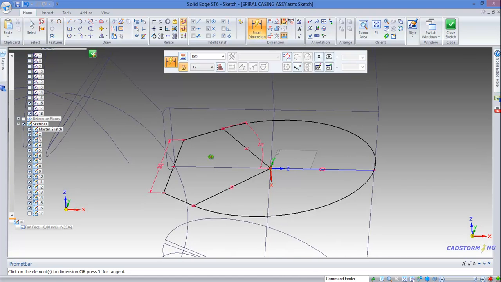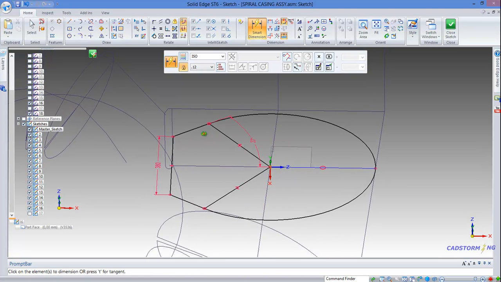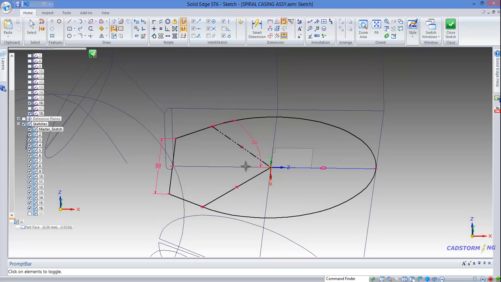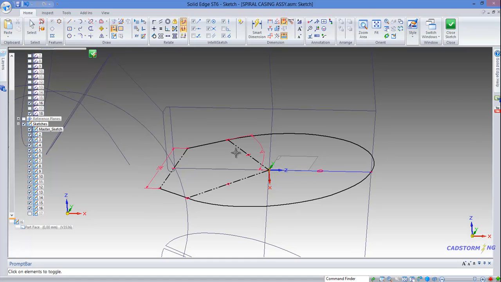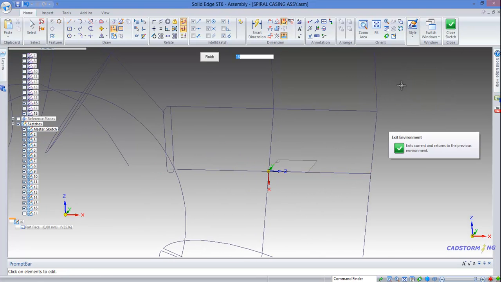and there it is. Now the sketch is fully defined, and something we didn't do previously is to make these two lines construction, these three lines in fact. Okay, so I will go back into the other sketches and make this line construction. So finish the sketch,